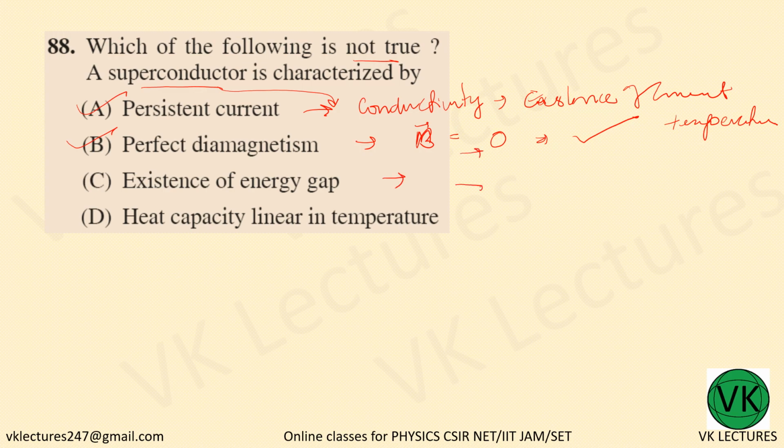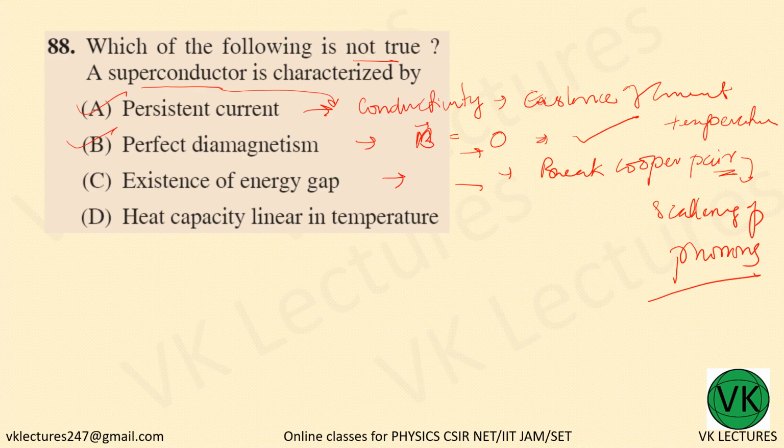It means the energy to break a Cooper pair. Cooper pair is responsible for conductivity, scattering of phonons. That energy required is nothing but the energy gap. So this is also true with respect to